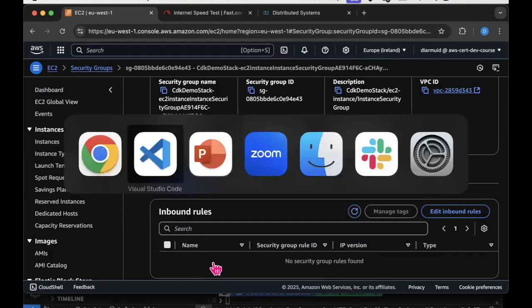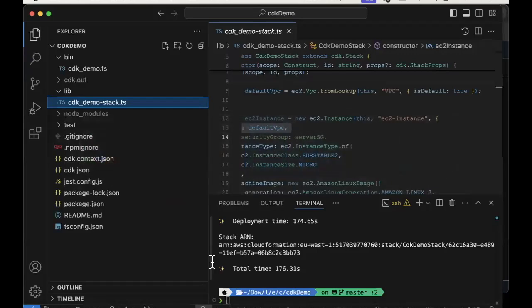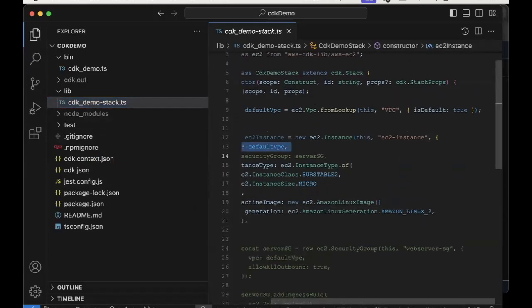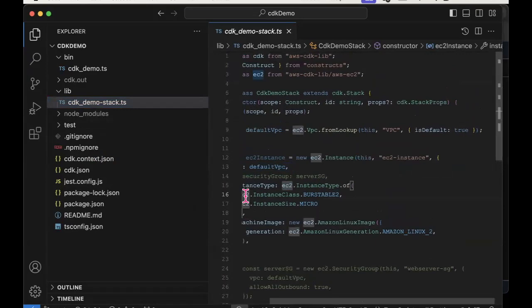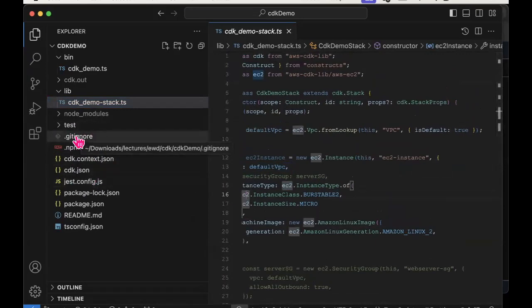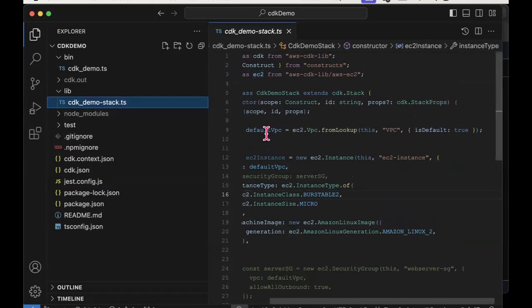So I go back to my code, and here's how I'm going to do it. I need to go into my lib folder, into my stack file.